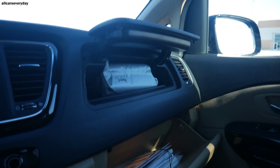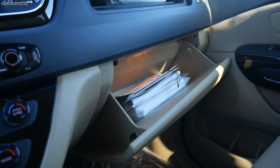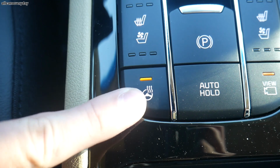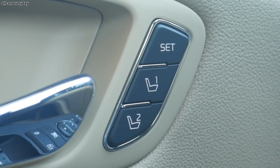However, the Sedona has 2 glove boxes in the dashboard, and the bottom one can be chilled to keep food and beverages cool, which is useful and not found at this price point typically. Final holdout features include a heated steering wheel, a 2-position memory system for the driver's seat and mirror positions, and